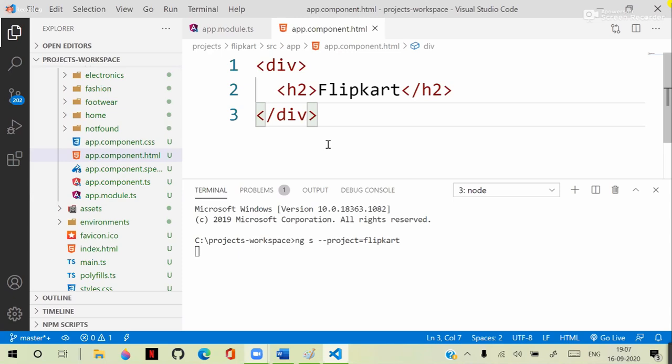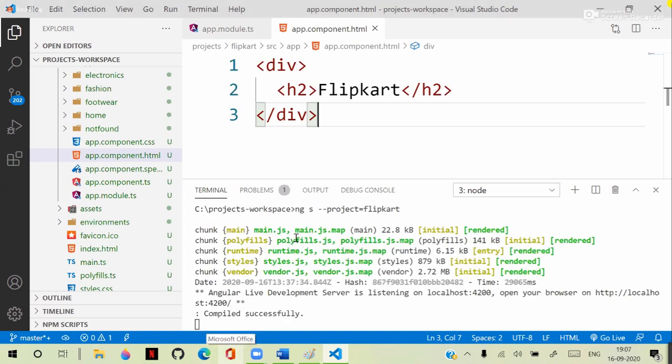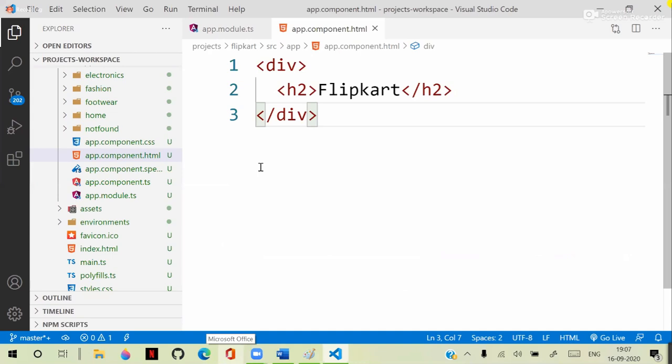Now I have to change. I have to configure routing so that the user will stay on that home page, index page, and he will get access to everything on that page. So once it is built, we will see. Let's access this. Okay, it is ready. Then I will open the browser and let's request this. So I'm requesting localhost